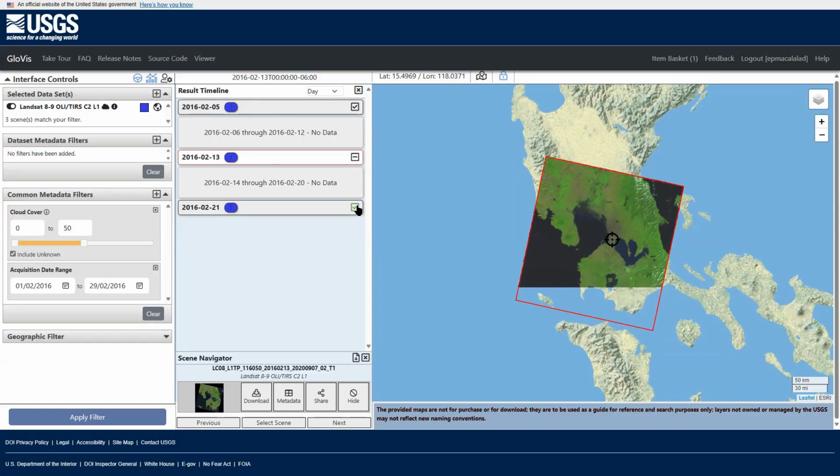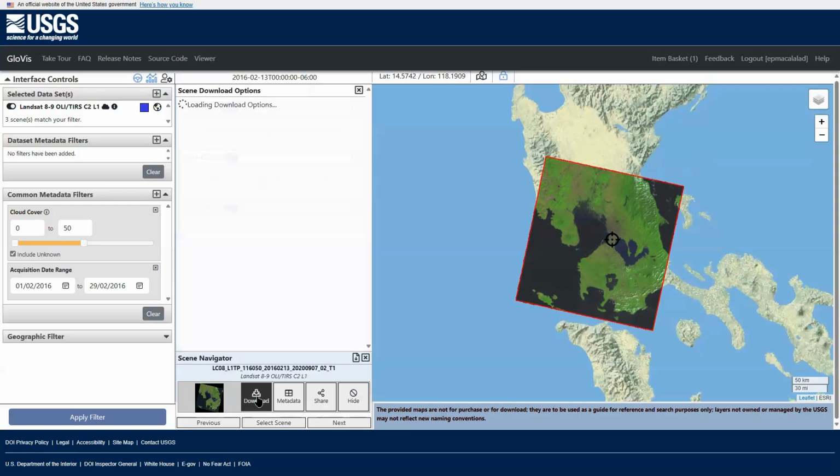Babago siya. Going to click this. Babago siya. Okay, so let's say I choose February 13. Walang data pala 21. No? Okay, February 30. So you just download it like this.